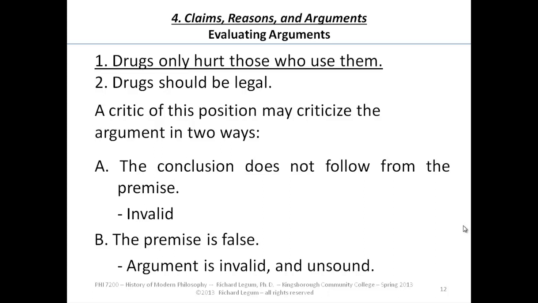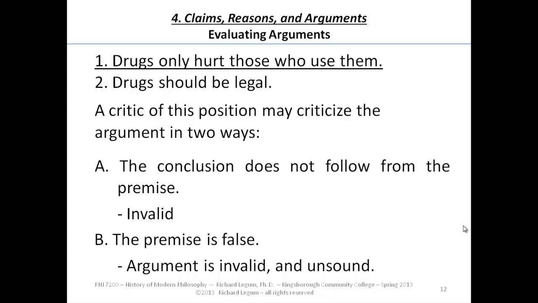And in this case, our criticism is that the argument does not have a good basis. That is, it's based on a false or unreliable premise. So in this case, we would say the argument is unsound. Either of these two kinds of problems makes an argument unsound. But the bottom line in our evaluation is that this argument fails on both counts.